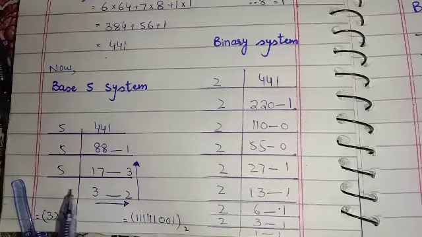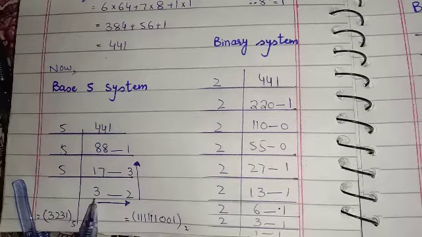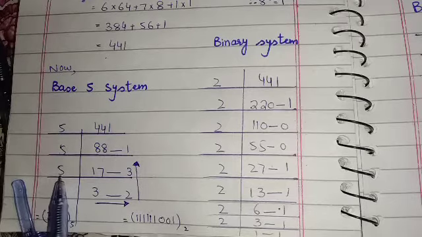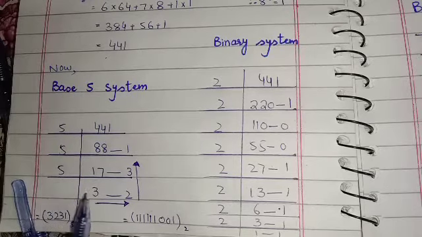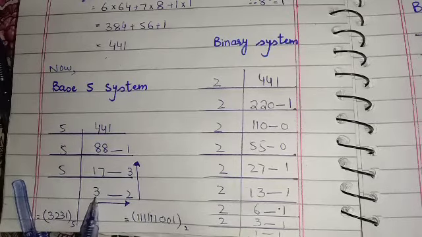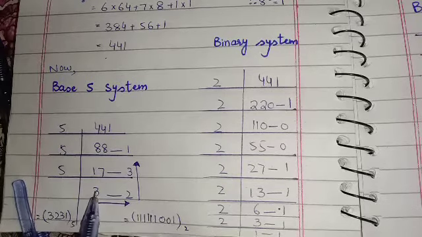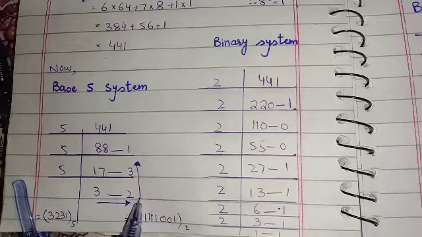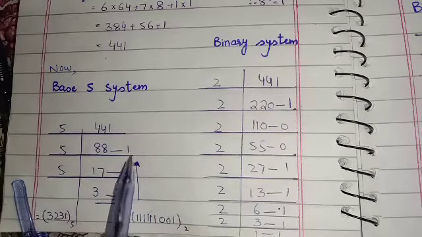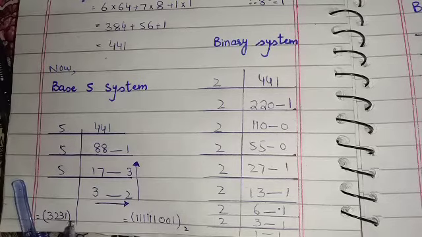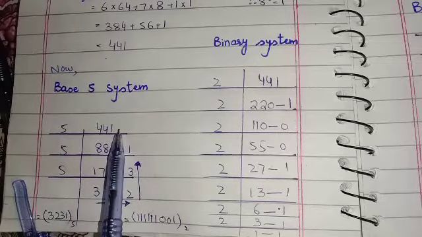Now students, as you can see, our next number is smaller than our base and we will use only digits from 0 to 4 in the base 5 number system. So we will stop dividing here. Now the question is how we will write the answer. Starting from this side, firstly we will write 3 2, then from downwards to upwards 3 and 1. Here you can see that 3 2 3 1 with base 5 is our conversion of the decimal number into